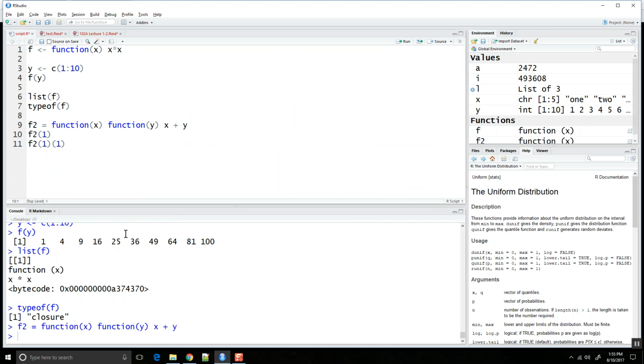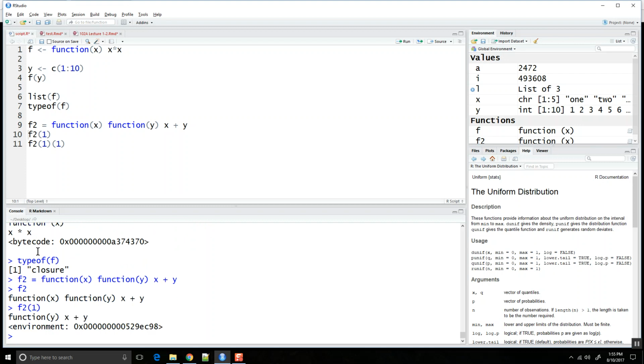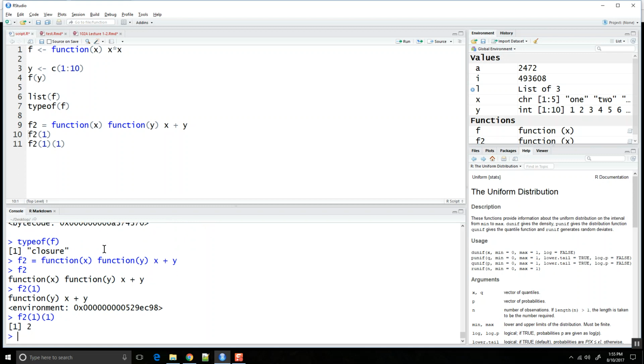Okay, so f2 is a function. So f2 is this, right? If I say f2 of 1, it returns back a function. And then if I say f2 1, 1, now it adds these two together. So what is this doing? It's basically returning